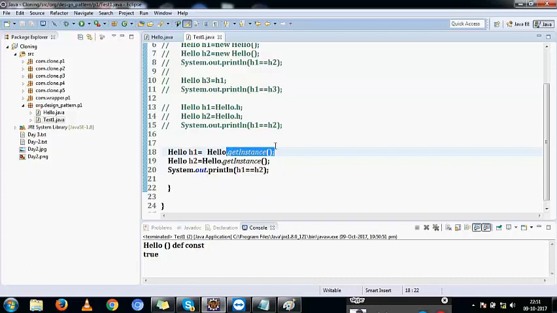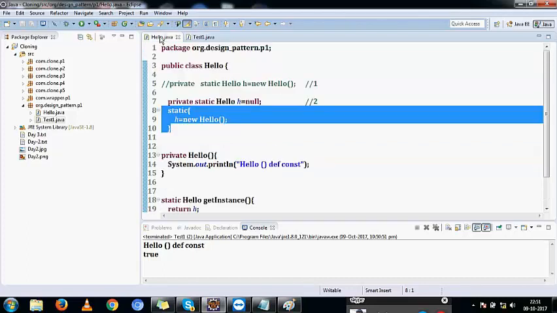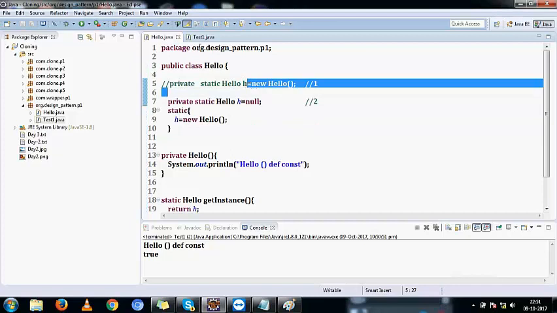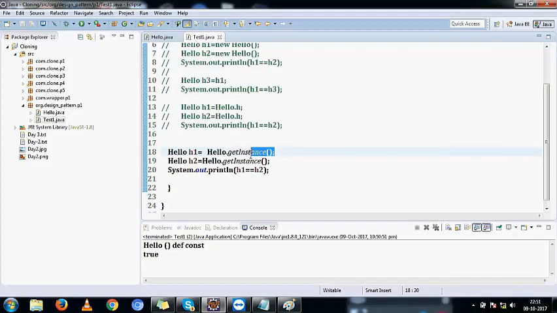Right, my requirement is like this: just the Hello class has to be loaded. I don't want the object. It is a singleton, the Hello class is a singleton, that is okay, but my requirement is I don't want the object. I will not call getInstance here. I just want to load the class. Now if I just want to load the class, and if I follow this pattern,